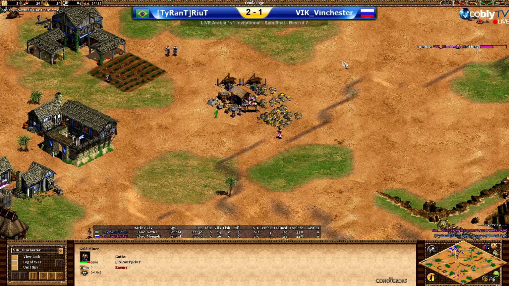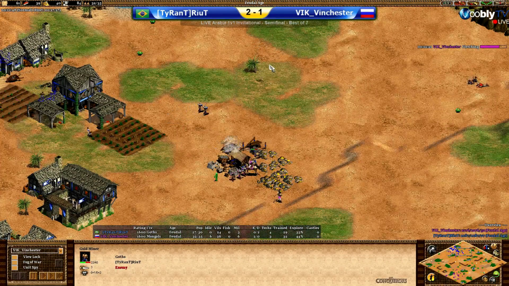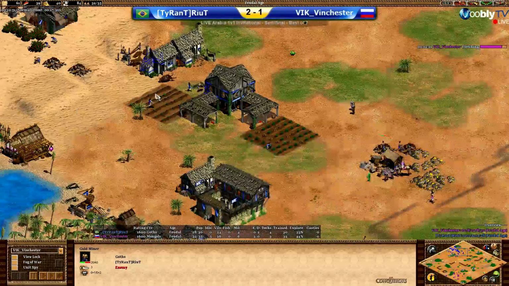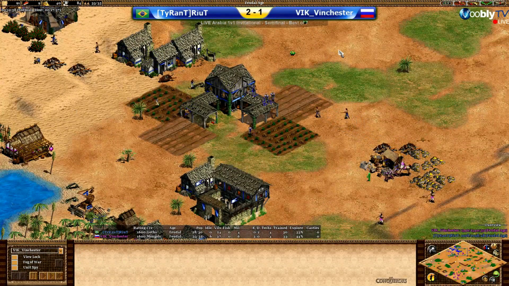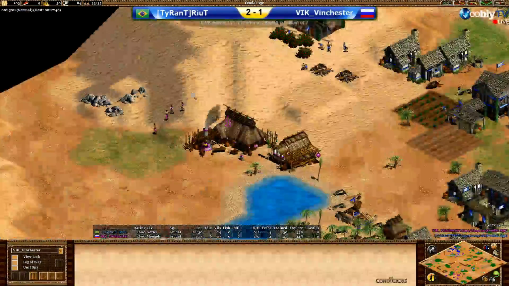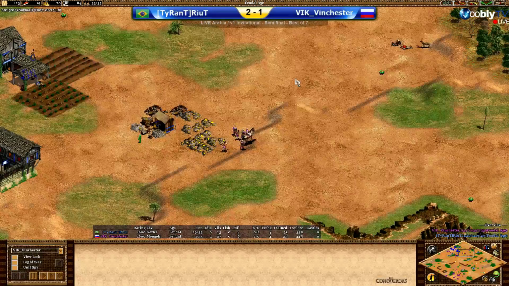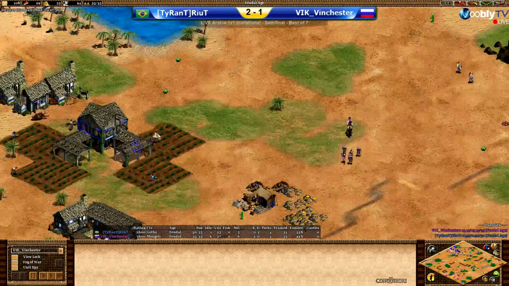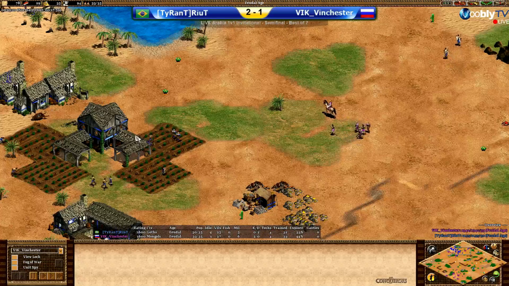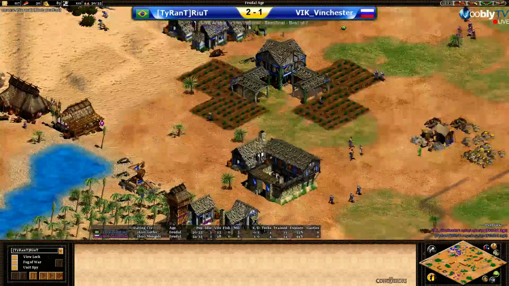Oh yeah, boy. Great spot for Winchester. Great spot for Winchester. Playing with pure aggression. And what can RiuT do at this stage of the game? I don't know. He's gonna play tower defense, skirms, maybe try to go to castle age and put the castle up, but that was... I don't know. Yeah, but at this point...